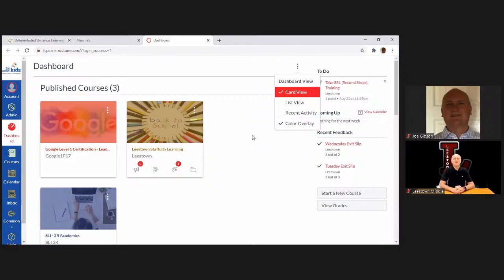All right. So hopefully yesterday you got to arrange those so it says first period, second period, third period, and it'd be in order that way, and that will be really easy to keep up with your classes that way. Pick your first period class, go into that first period class, and on that first screen, it's going to show you an overview of the week, kind of what's going on during that day, and going to have those instructions that you need to be focused on for that day.